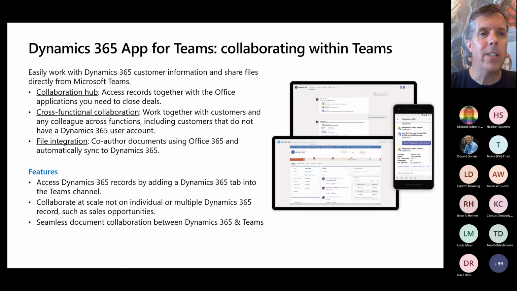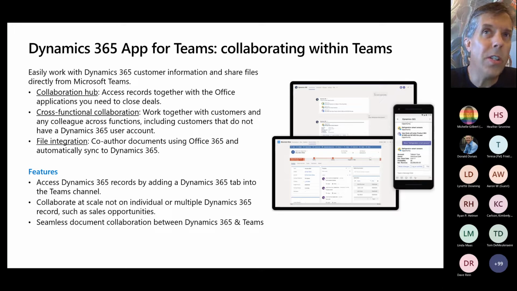The tee up here is really just saying we want Teams to continue to be that collaboration hub for the people who use it that way, but to not only be the kind of cross-functional collaboration area where we can expose some Dynamics information inside of Teams, but also have all of the files that you may want to collaborate around be stored in Teams and available in Dynamics seamlessly, so that users who are centric in either application can collaborate on that file capability equally well. So that's what I want to try to get across.